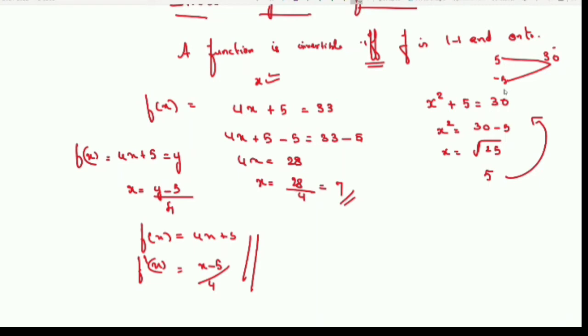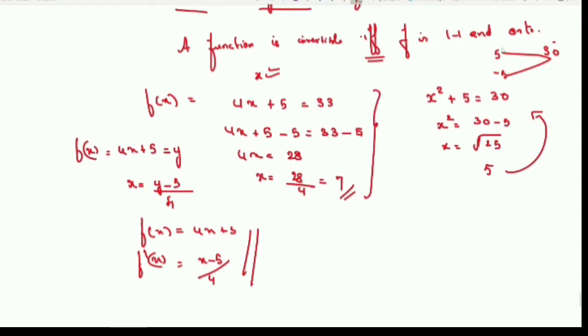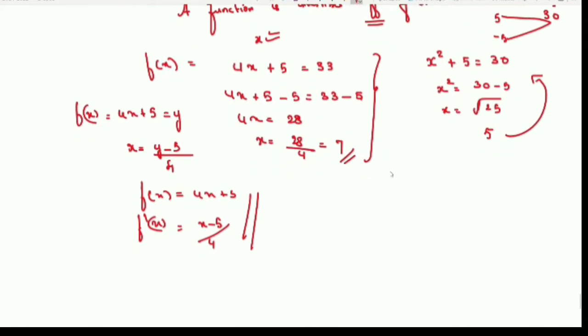So if I restrict the domain here, suppose instead of minus 5, I just ask you to think of a number from 1 to 5 or 1 to 10. If I restrict the domain, what will happen? If she thinks 1, what will be the answer? 1 plus 5, 6. You will get 6 as the answer, right? If you think 2, 4 plus 5, 9. If it is 3, what do you get? 14. 4, you will get 21. 5, you will get 30, right? So this is the range.